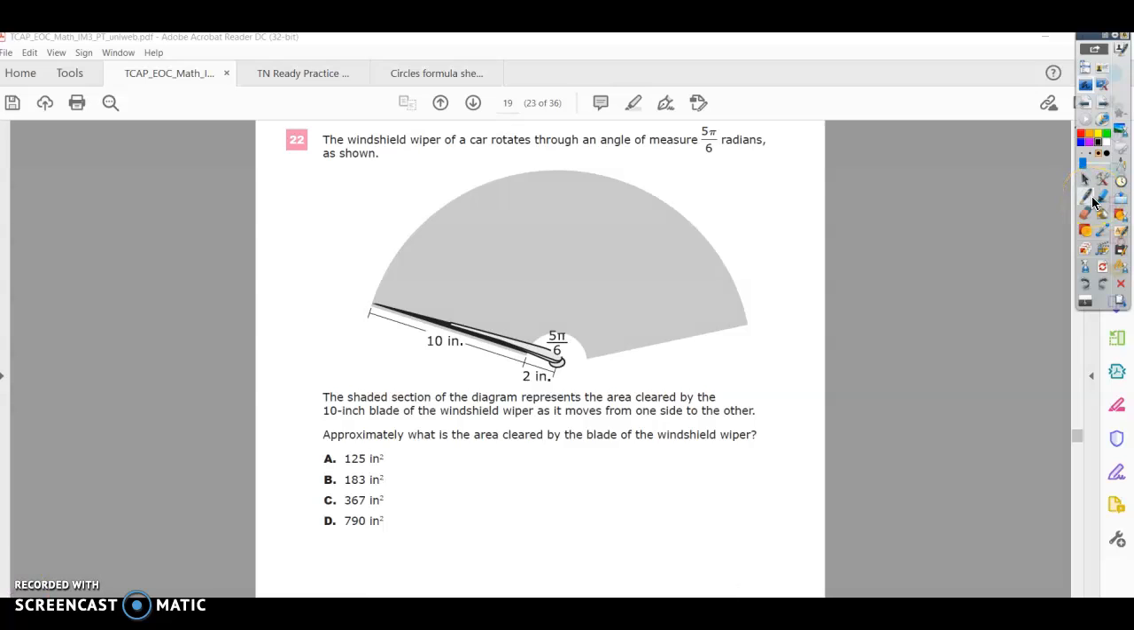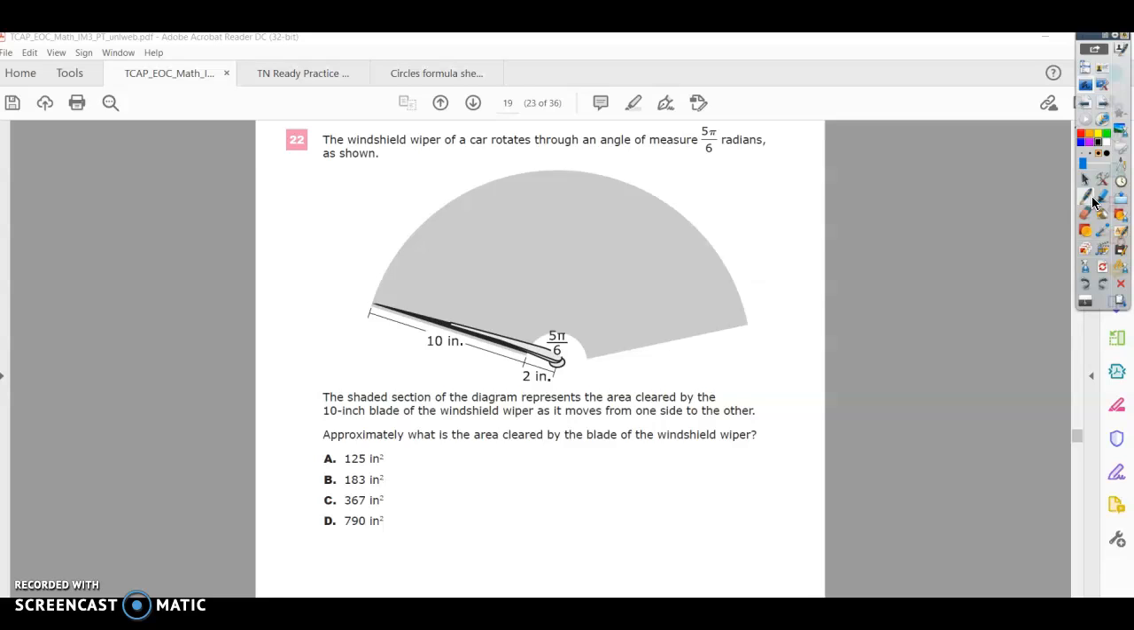Number 22 of the EOC practice test, Integrated Math 3. I've shrunk this down a little bit so that the whole problem would fit on the screen. So let's get started. The windshield wiper of a car rotates through an angle of measure 5 pi over 6